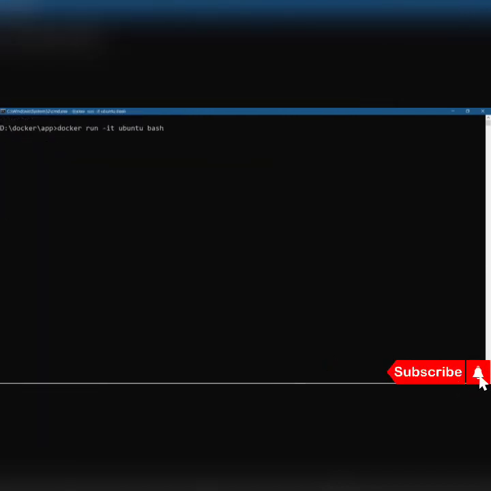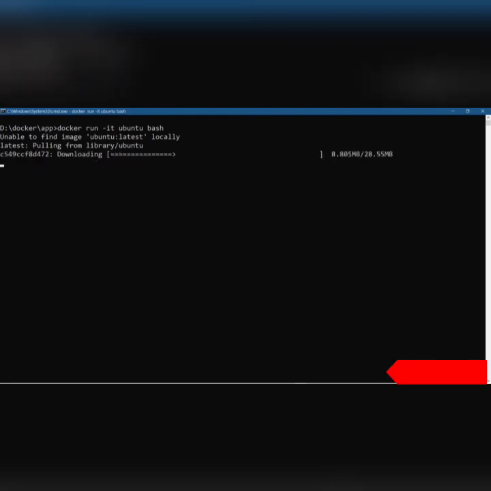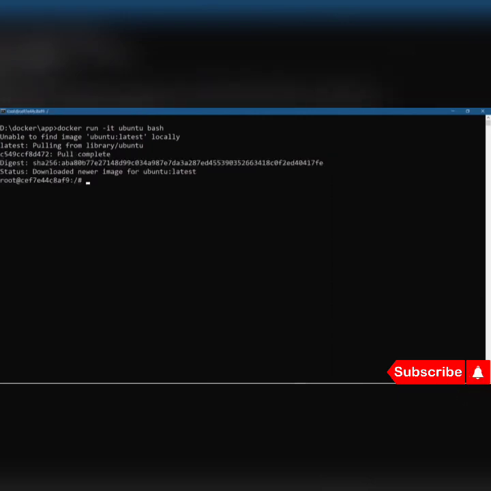Now I'm going to create another container, which you can call an interactive bash session. What it will do here is search again for the Ubuntu image, but it didn't find it. So it pulled that image from Docker Hub, and as I said, it is an interactive bash session, so we are inside that Ubuntu container. Once we exit from this interactive session, the container will automatically exit. And this is how the interactive session works.